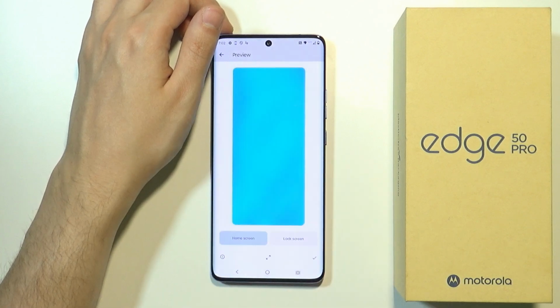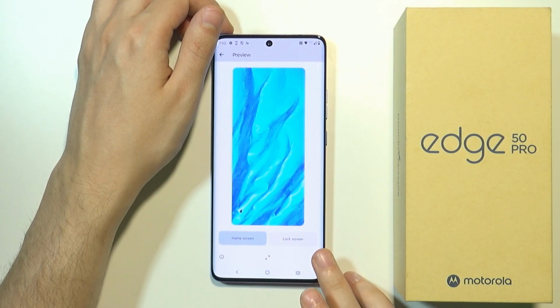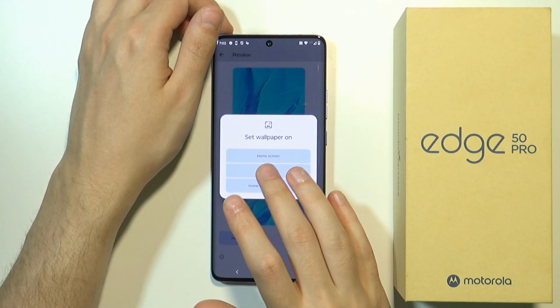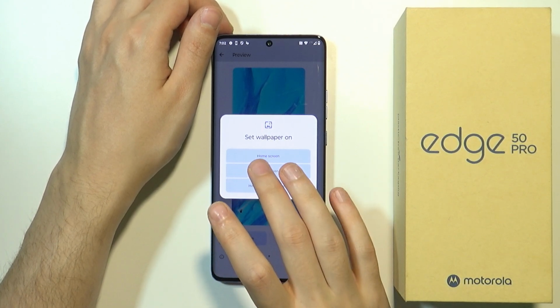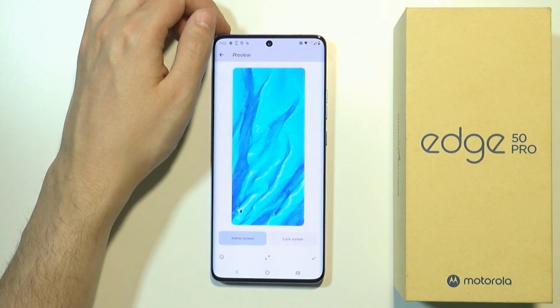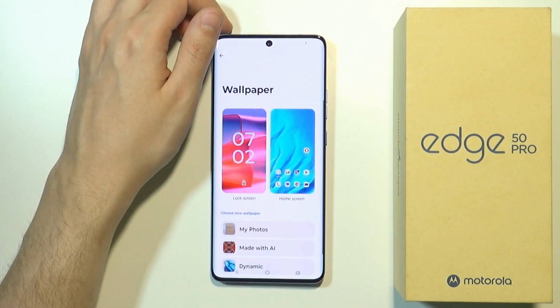So you can choose your favorite one and then set it in the bottom right corner over here. Tap on the tick, and then you can select if you want it in the home screen, lock screen, or both. Now in my case I'm gonna set it to home screen. Now of course this is just one example, because in the same settings, so if I go back to wallpapers,